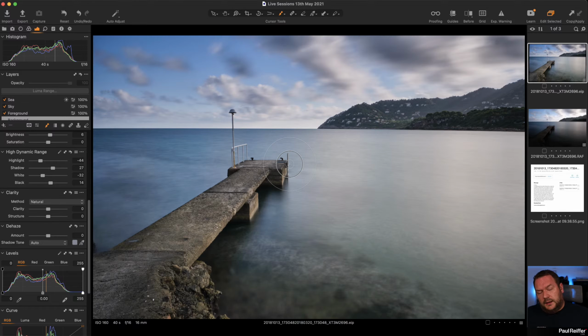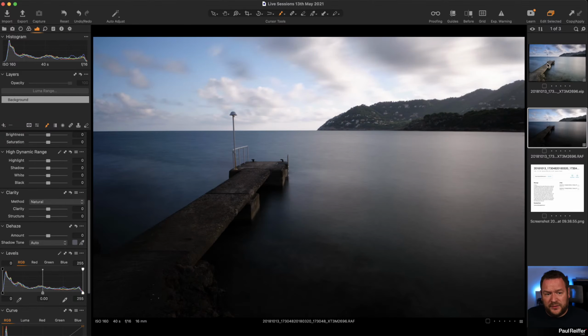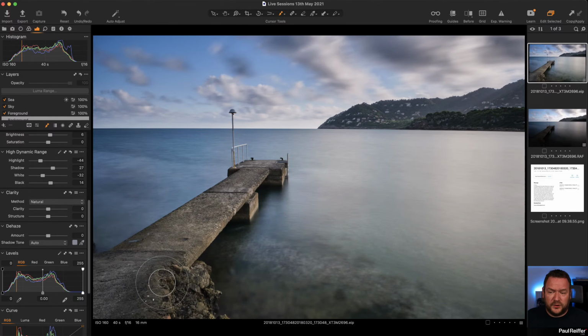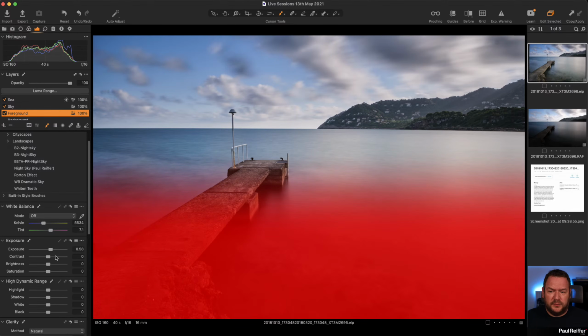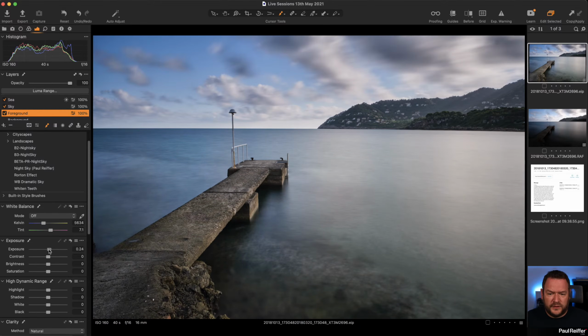So I'm going to do this a slightly different way. Let's go. In fact, we're going to start with your image. There's not much else I would change in terms of this edit. Potentially having this bit in the foreground quite so bright is maybe a little bit over the top. If I go to our foreground layer here, you've got this slight increase in exposure. I'm just going to back that off a little bit,